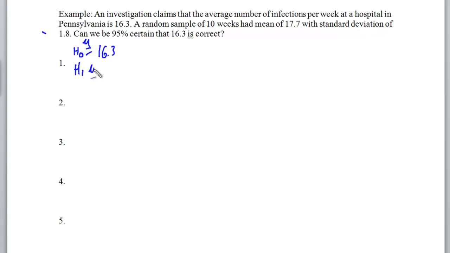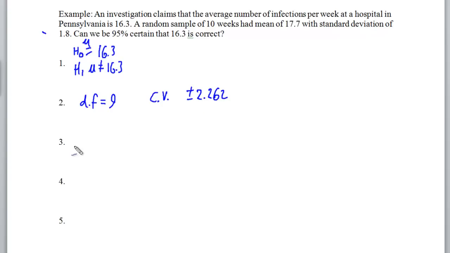Our alternative hypothesis is where mu is not equal to 16.3. We have our degrees of freedom being 9, and we have our critical values for our 5% at plus or minus